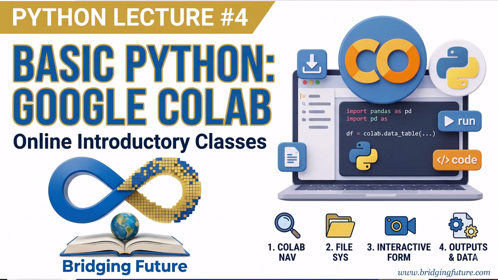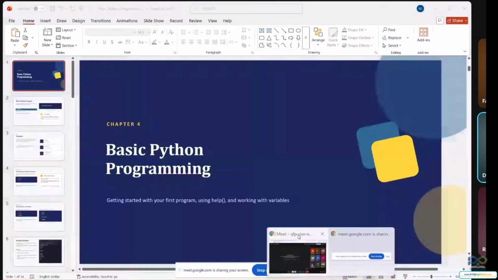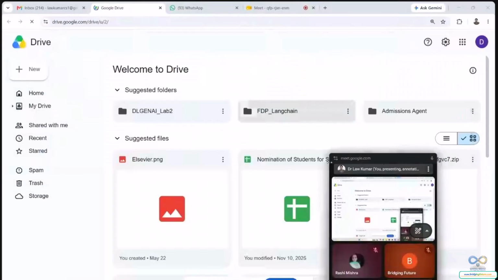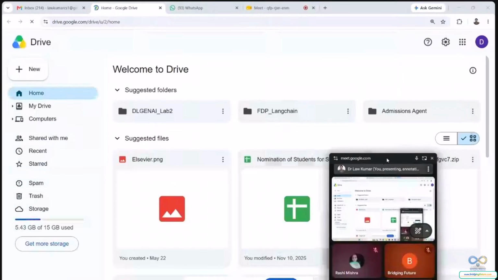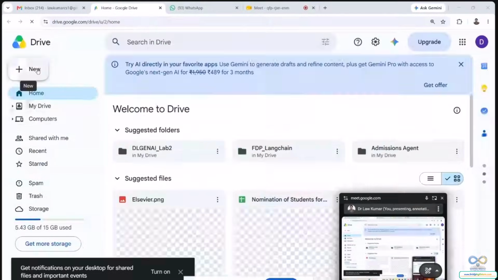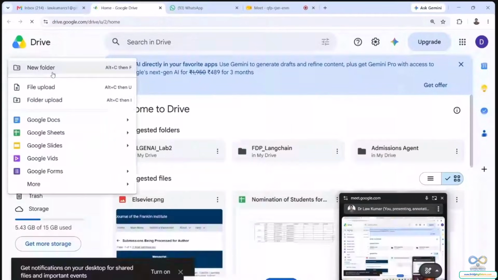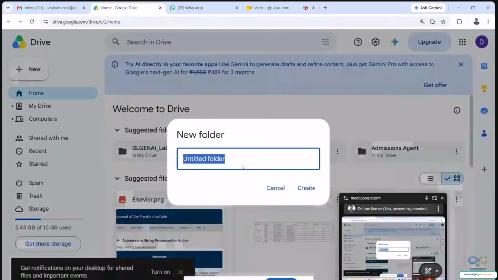We start the programming session. First of all, everyone open your Gmail ID. You can see my Google Drive is open now, and you create a new folder. The new folder name, you write the folder name like Bright Future